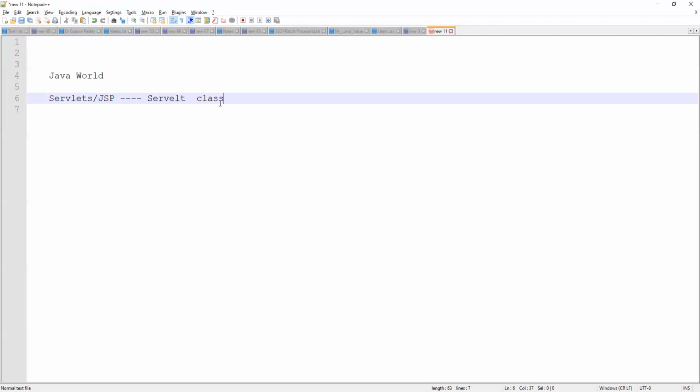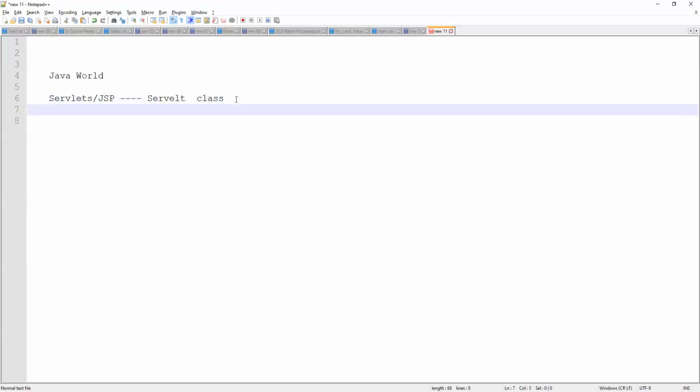So it is a Servlet class. It works as the front controller of your application, and it will take the request and give the response. Inside the servlet we have a doPost method. We prepare the entire response in the servlet class. So this is the basic of the Java technology, the servlet.